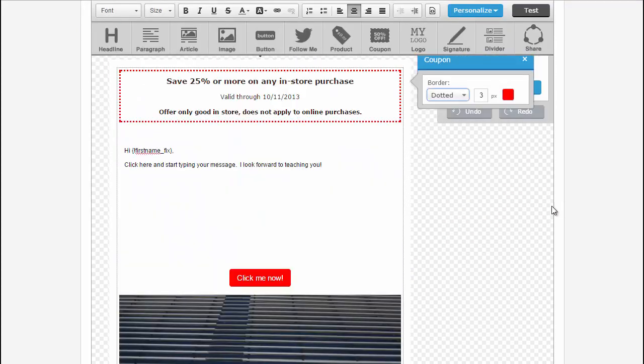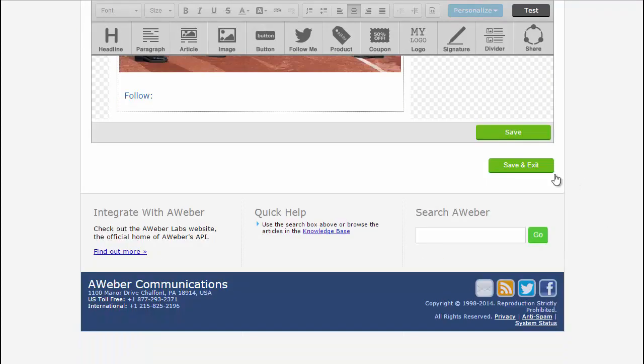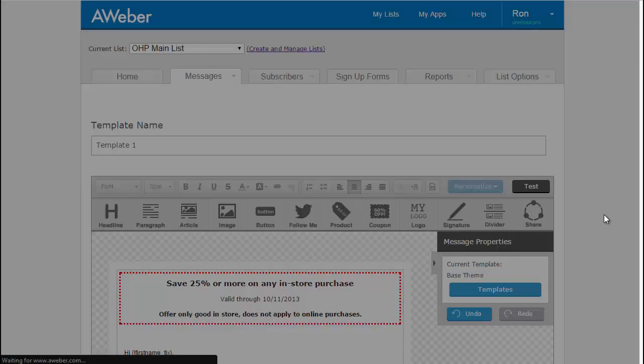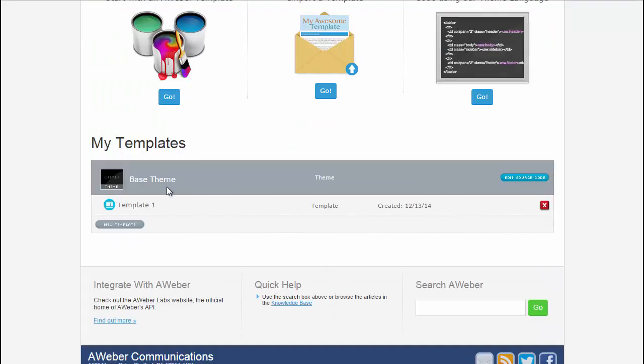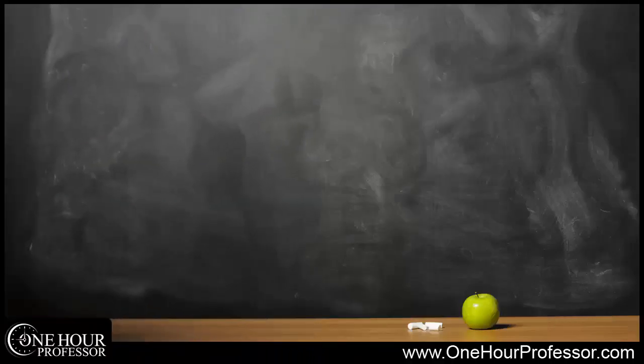But the point here is that if you don't have the design capabilities to create your own email template, you can do that with Aweber. You don't necessarily have to have a developer around to create a template. So that's pretty much it. That's how templates work. And then obviously when you're ready, save and exit. And then now I have template 1. So we're going to stop the walkthrough there, but hopefully now you have a better understanding of the email marketing